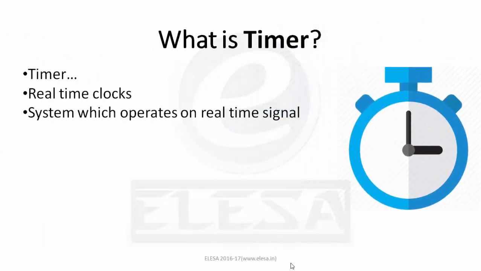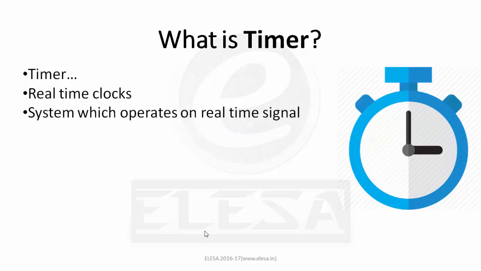So what is timer? You all must be knowing the mechanical clock which works on the principle of electromagnetism for giving us a fixed offset of second hand which is thereby converted into minute and hour hand by appropriate gear ratios. These mechanical clocks are not fixed in our accessories such as personal computer, laptops or our mobile phones. Instead of this, the controller with timers or real-time clock modules are used.